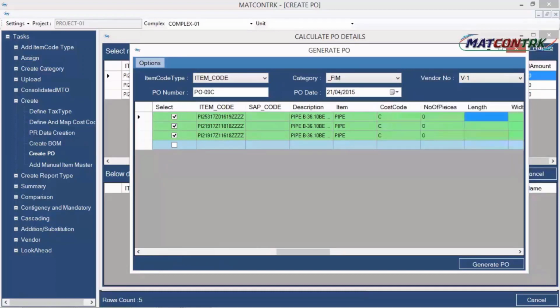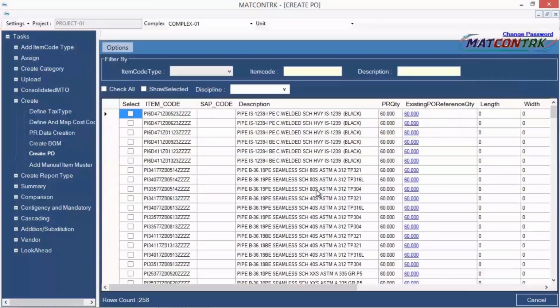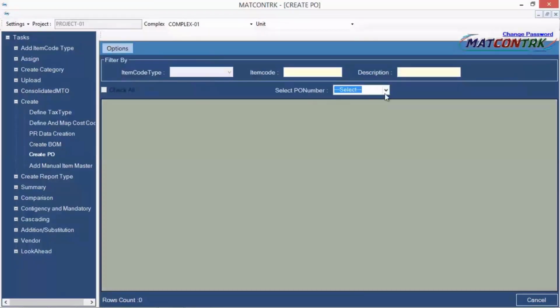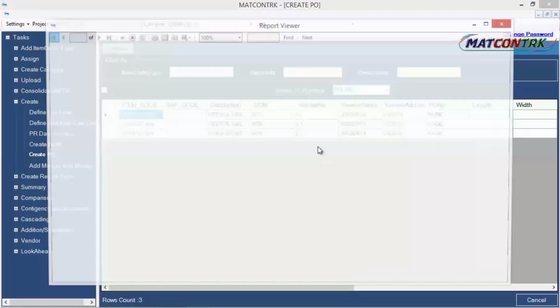So looking for the parameters: cost codes, item types, their sizes, cost parameters, service value, tax value, VAT values, and the vendor, and at last the grand total of the amount. So going to generate this particular PO. A PO is generated. I can view a copy of this particular PO in the existing screen tab.